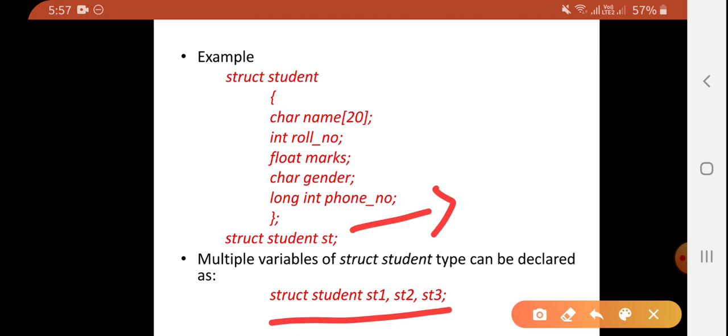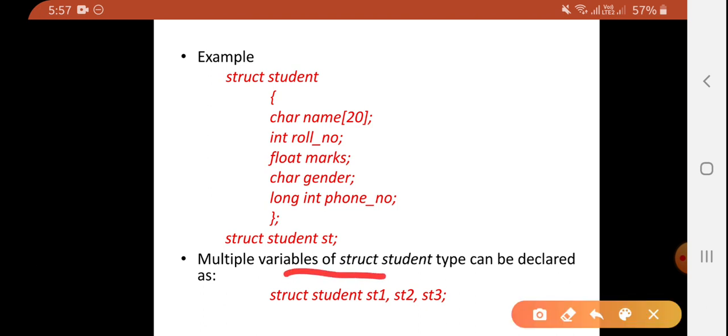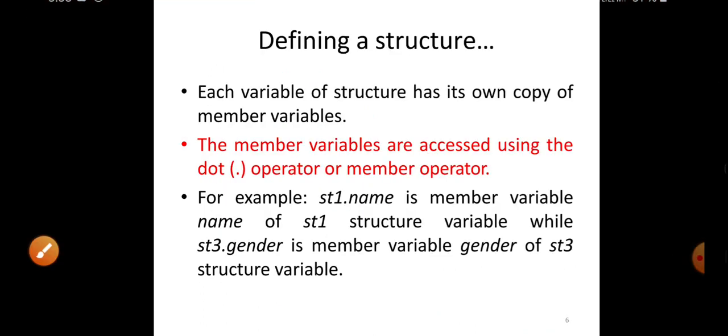student variables like st1, st2, st3. Now most important, we have declared multiple variables, that is st1, st2, st3. Now how many variables does st1 have? 5. Okay, st2 has 5 variables, st3 has 5 variables and all are different. So in order to access structure variables, what do we have to use? The member variable using the dot operator.